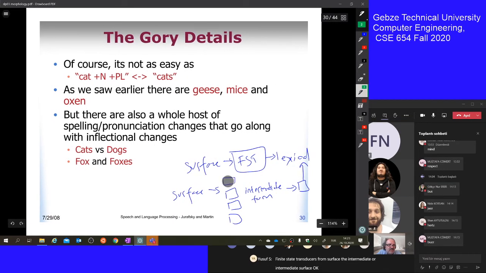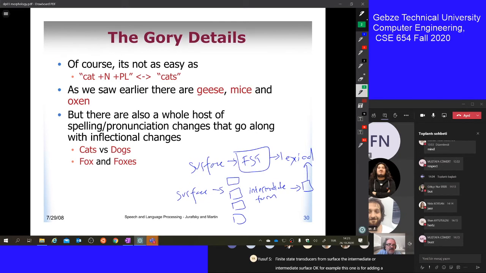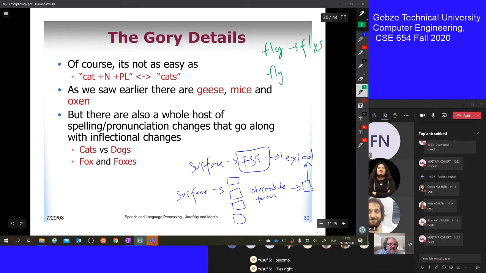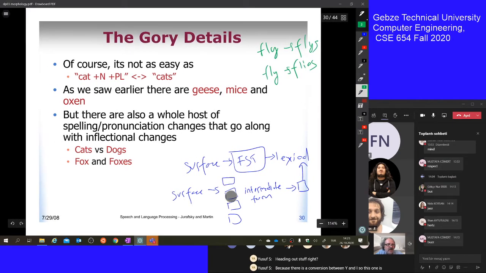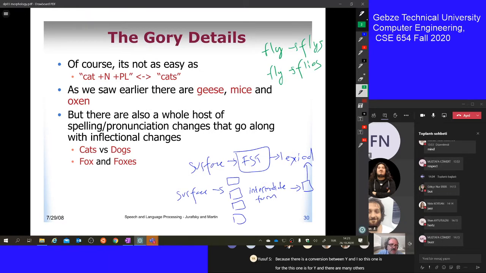For example, this one is for the adding E rule, okay? And this one is maybe for, remember when you say fly, it doesn't become flys, right? Instead it becomes flies. So I need another finite state transducer to handle this kind of adding S stuff, right? Because there is a conversion between y and i. So this one is for E, this one is for Y, and there are many other rules for English